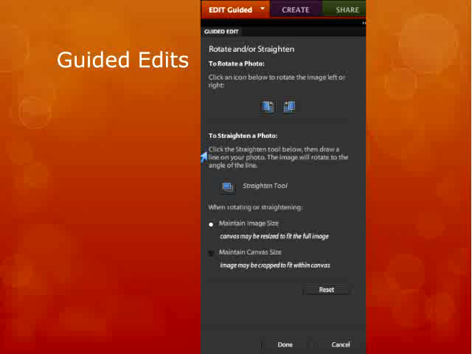It tells you, and I'm just going to read here, I don't know how good your screens are. It says click the straighten tool, then draw a line on your photo. The image will rotate to the angle of the line. So it's telling you how to use this straighten tool, right? You don't have to get out the manual, you don't have to dig into the help menu, you don't have to take a course on Photoshop. It tells you, click the straighten tool, then draw a line, and the image rotates to the line. When you're done, you click done, and you're finished. So this is just one example of the rotate, but all of these guided